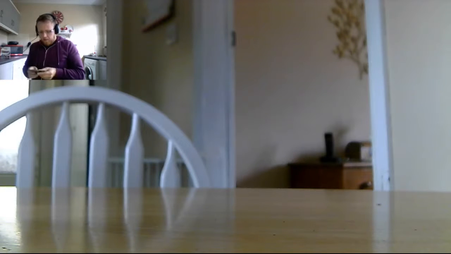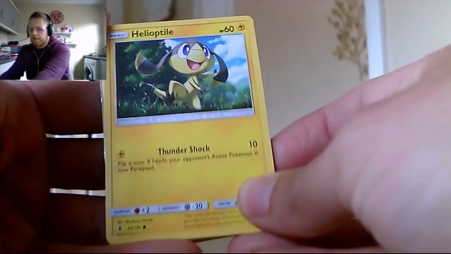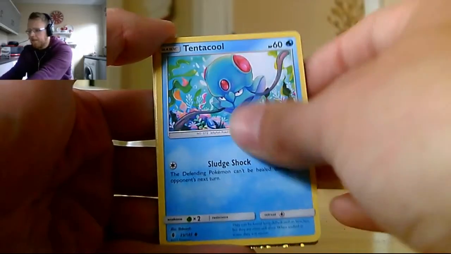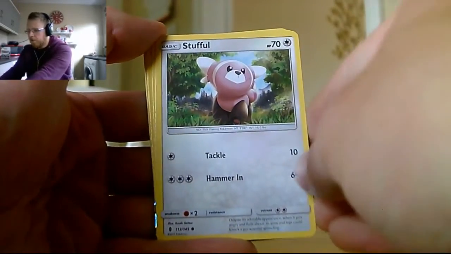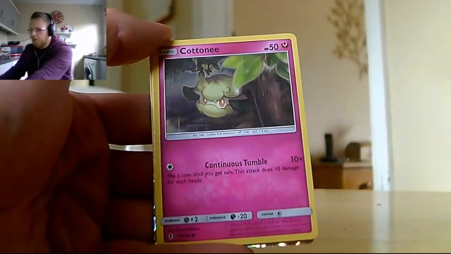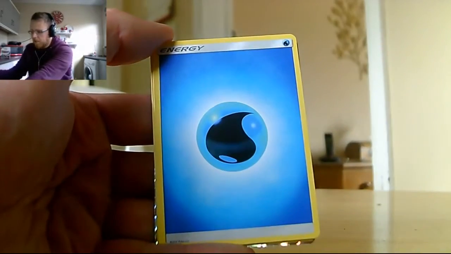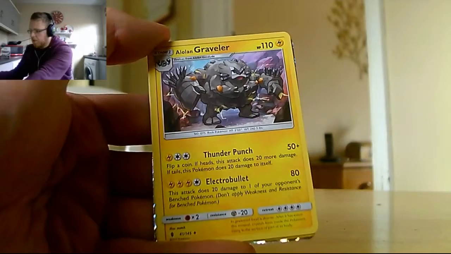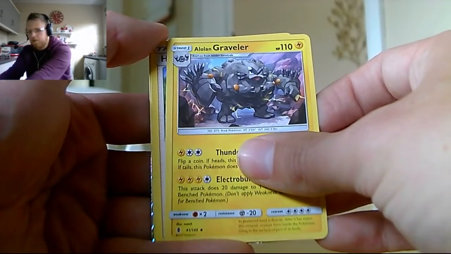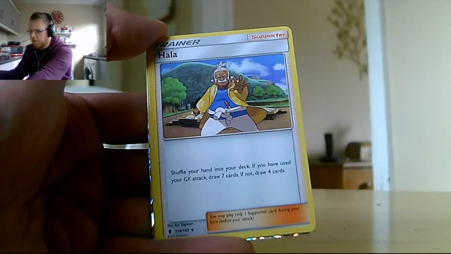Like our Sun and Moon booster box opening, we pretty much ended up only needing GXs throughout the entire thing. Okay, next pack we've got Helioptile, Tentacool, Stufful, Alolan Sandshrew, Cottonee, a Water Energy, Alolan Graveler, who looks so cool. That's such good artwork for Alolan Graveler. I like that. Hala,